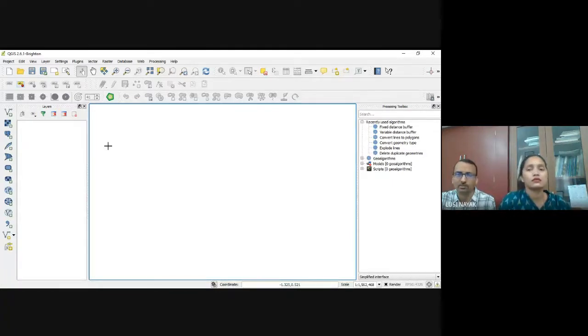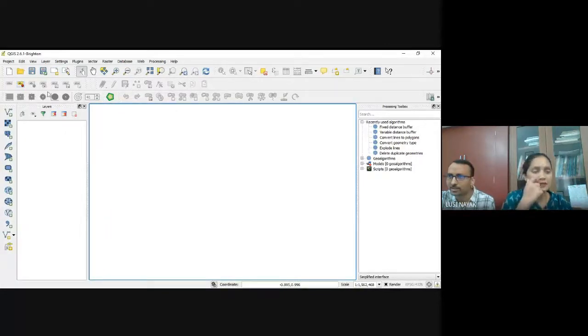This Odisha map is a raster map. I will show you what a raster is and what a vector is now, and in the lecture sessions tomorrow we will also discuss that. So you see, this is the interface, isn't it? You can see very well. This is the QGIS interface.